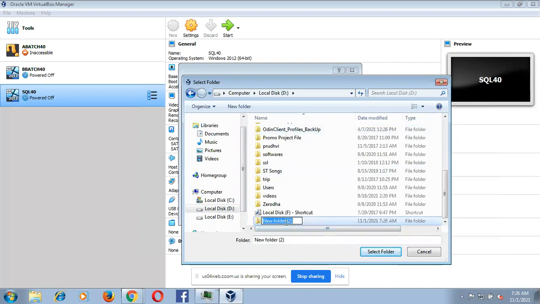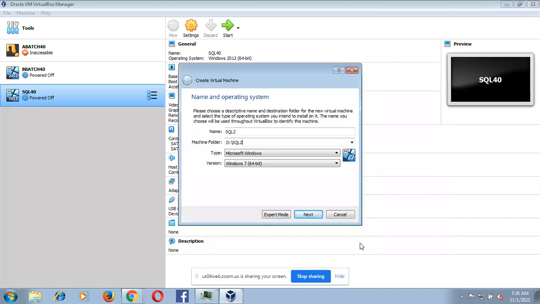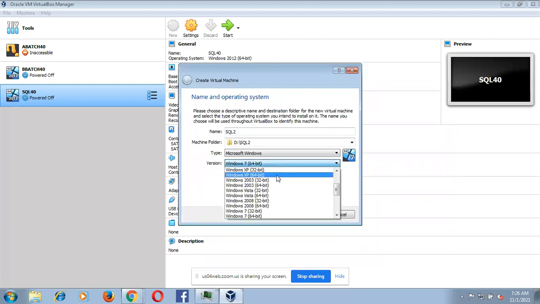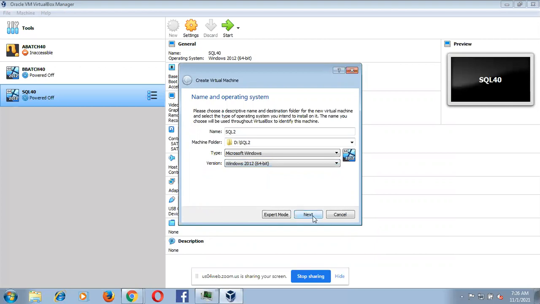Select that folder. Select Windows 2012. Okay, next.